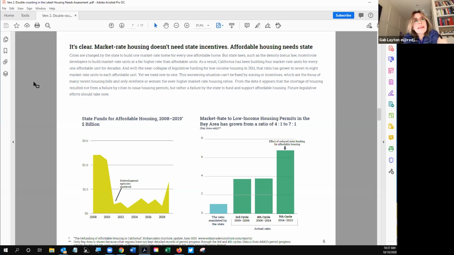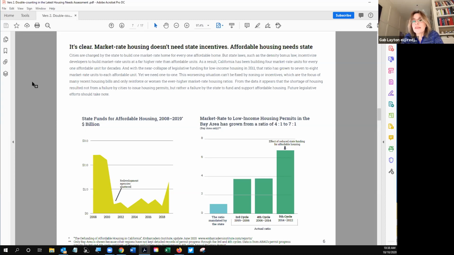But that cannot be blamed on the cities because they do not have the funding. All the income tax goes to the state. Cities get to keep 10% of their property tax. They don't have an income stream to be able to build affordable housing. They were relying on the RDAs because that was a way for them to have access to more funding outside the property taxes that they have as revenue. But without that,